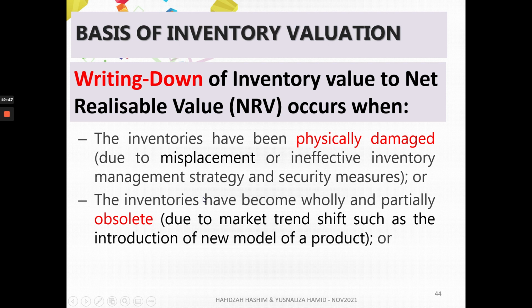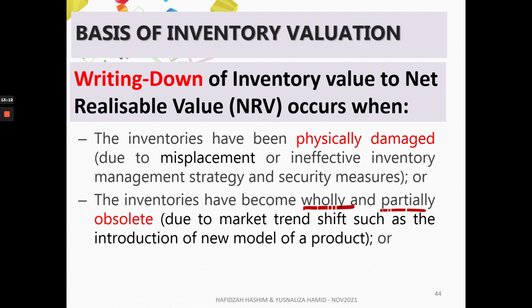It can also be reduced down to the NRV if the inventories have become either wholly or partially obsolete. This might be due to a market trend shift, such as the introduction of a new model of a product, so that the old product will no longer be